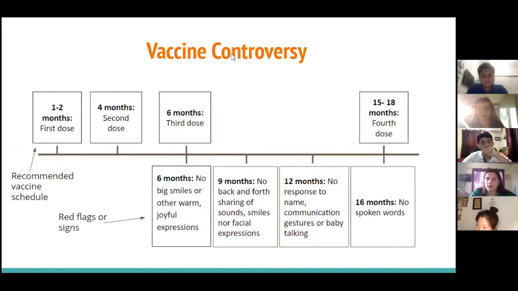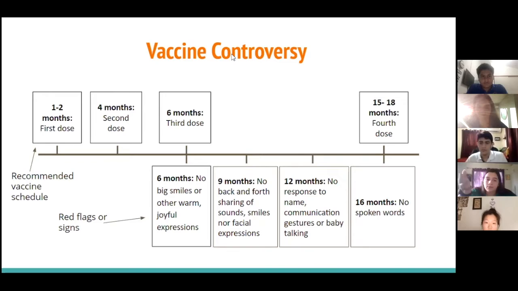So in order to explain a little bit better, or make it easier for you to understand, what Tarek just explained and Nidhi explained previously, we created a timeline with the recommended vaccine schedules and the red flags or signs that parents usually notice in their child. As we can see, the first dose of vaccines is given to a baby between the first and the second month. Then we have a second dose at 4 months. And as we can see, with these doses usually there are no signs noticed yet